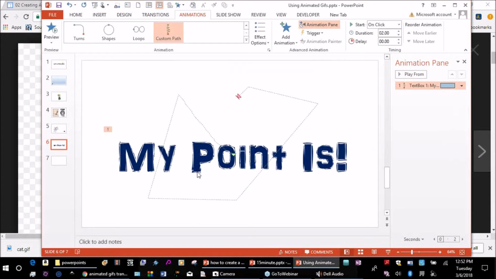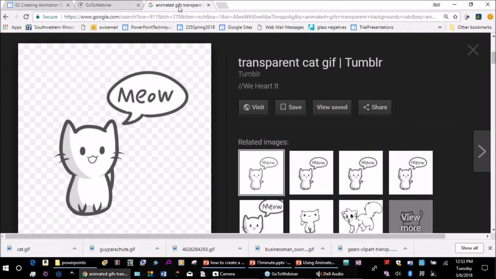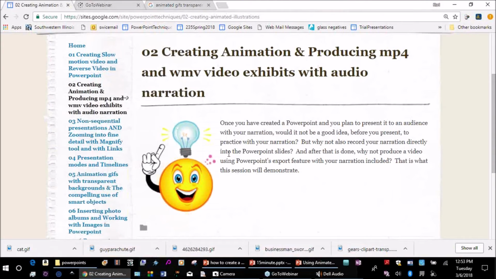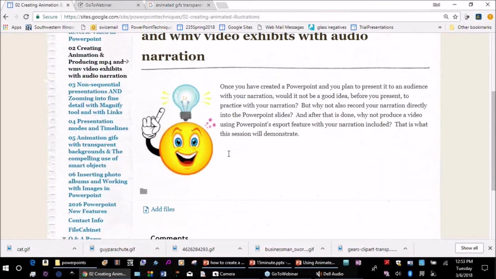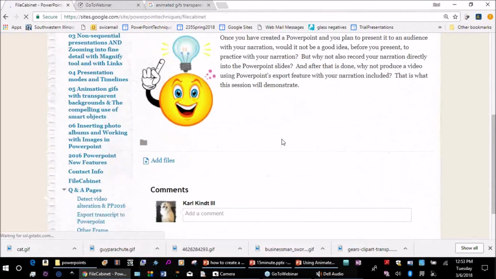You can use that particular feature of drawing your own animations with an object or text. That works also with graphics, of course, the customized path. So that should take care of that, and we'll come back to our session. And over here in the file cabinet, if we go over here,